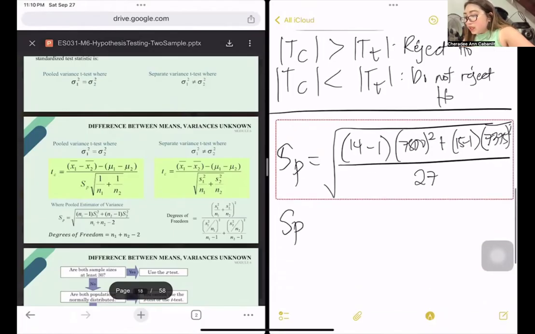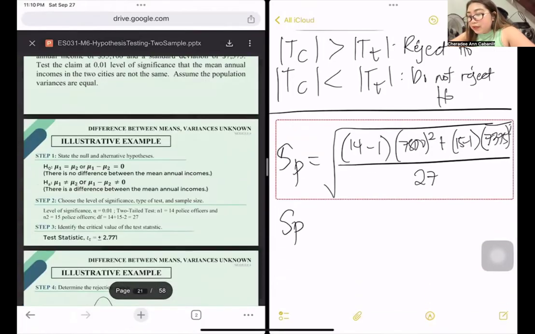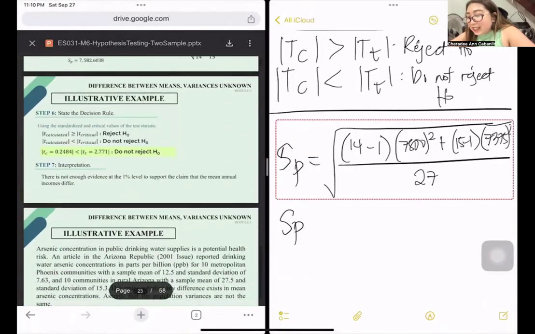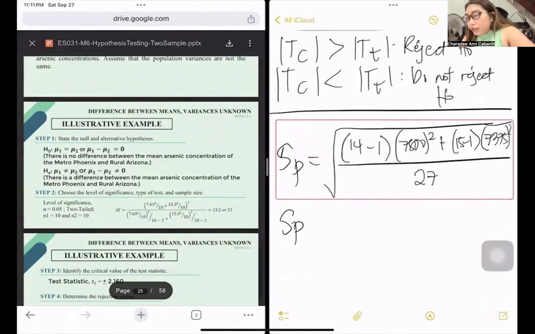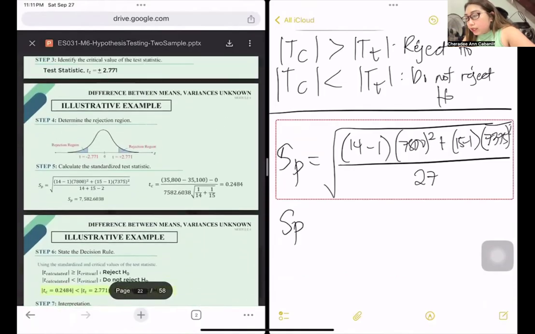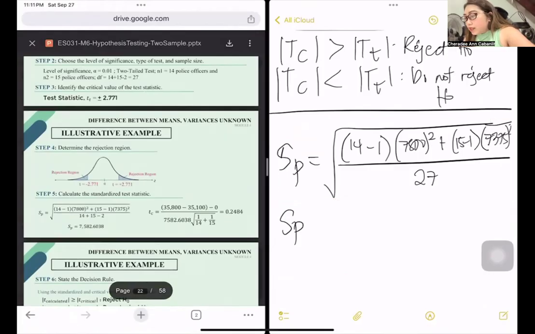So the SP, I'll not do the computation in the calculator anymore. For this part, the SP is